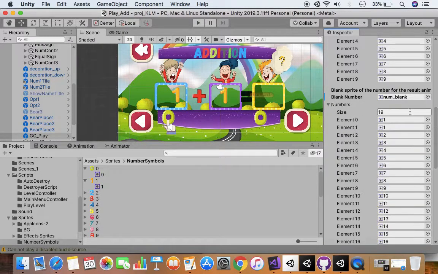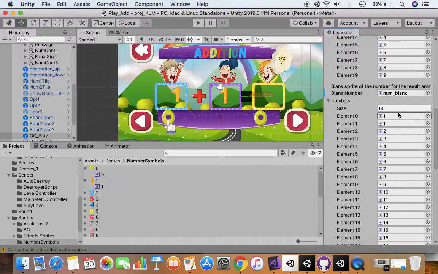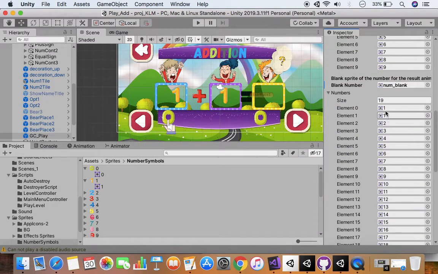This array is named numbers and its length is 19, because I have used it from 0 to 18. So 0 has 0, 2 has 2, 3 has 3, and so on.